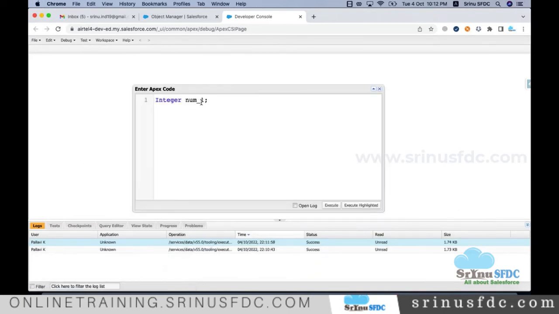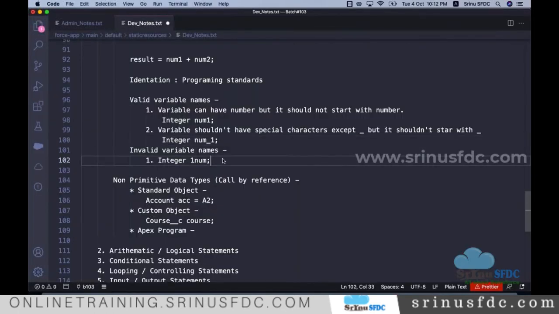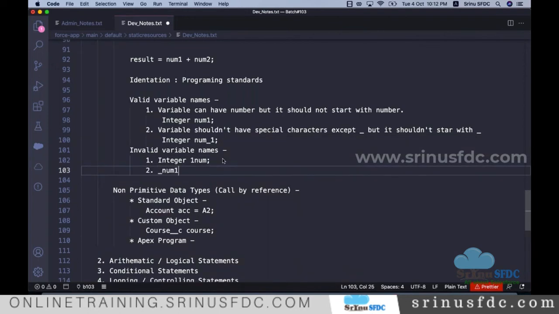But what I am trying to say is that a variable name should not start with an underscore, right? It is invalid. So that is one rule. This is invalid. So the other rule,